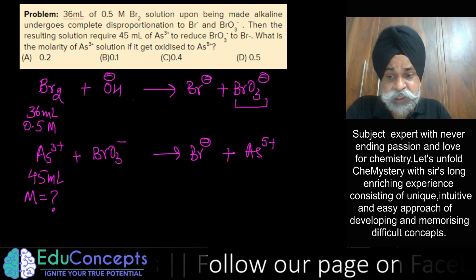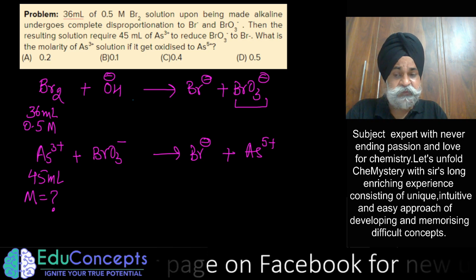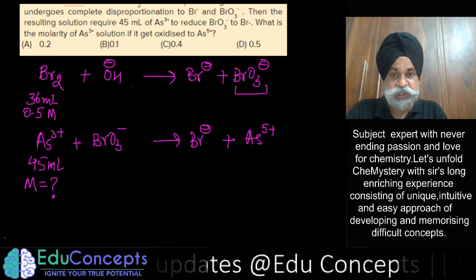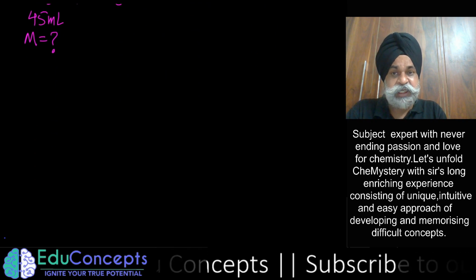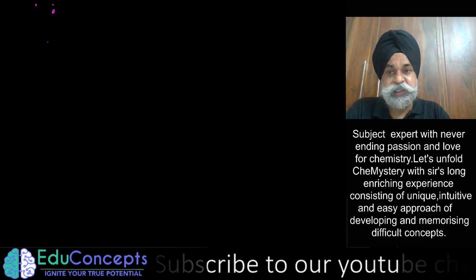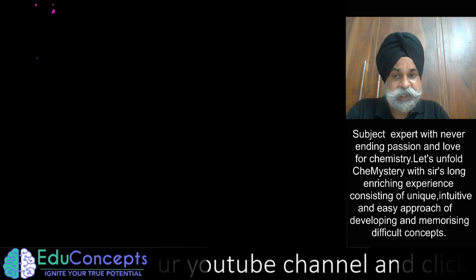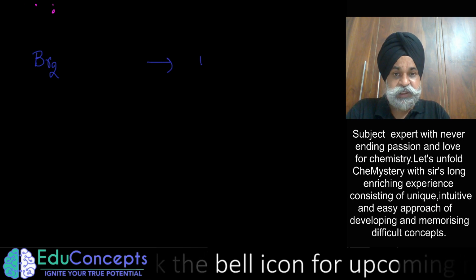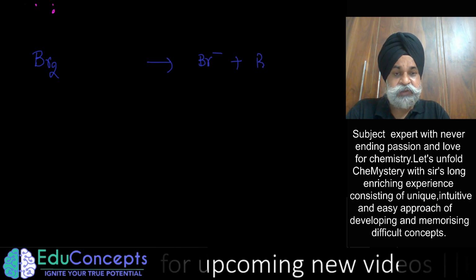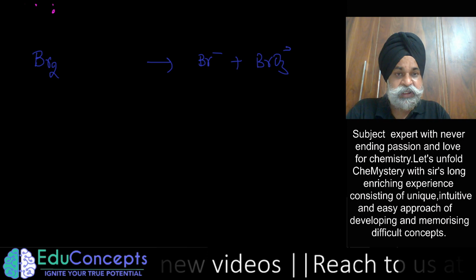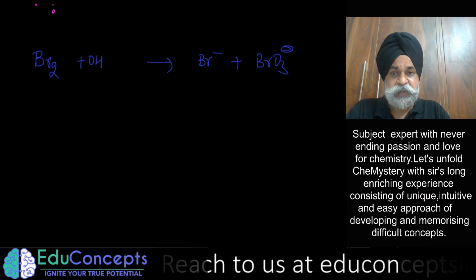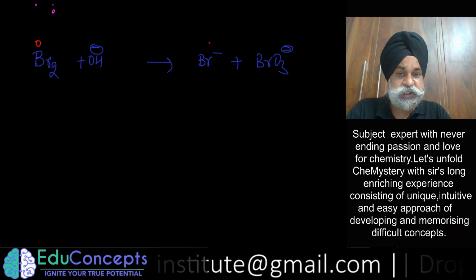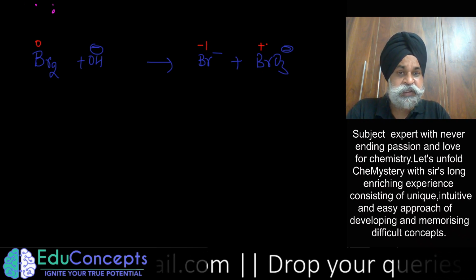During the mole concept you have to first balance the equation. Without balancing you are not able to solve the question. So let us first balance the reaction, and in the process you would also see how to balance any chemical redox equation. So now see here. Bromine is going to Br negative and BrO3 negative, and the medium of the reaction is OH negative. I am assuming you know quite well that bromine is in zero oxidation state, Br negative is -1, and in BrO3 negative it is +5.